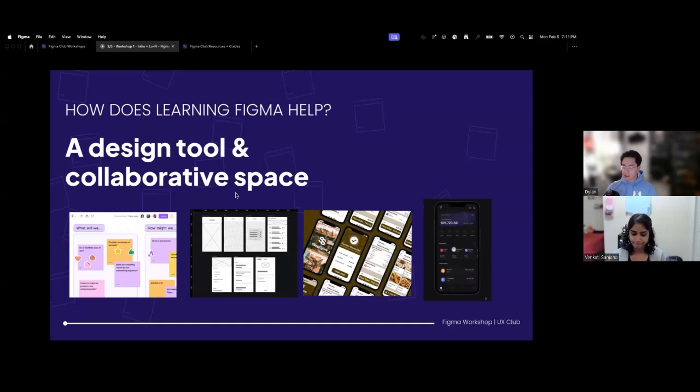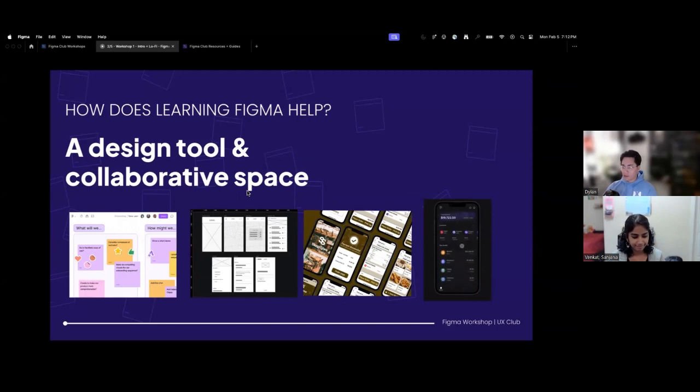Right. We talked about how you can use FigJam to help do research. So you can take that and work with Figma to brainstorm different ideas and create different feature sets, all within Figma. And then you can take it over to actual Figma and work on really low fidelity prototypes or wireframes. You can move it over to medium fidelity and then all the way to high fidelity prototypes, as Sanjana showed you earlier. It's a really great place to do all of those things in one area,